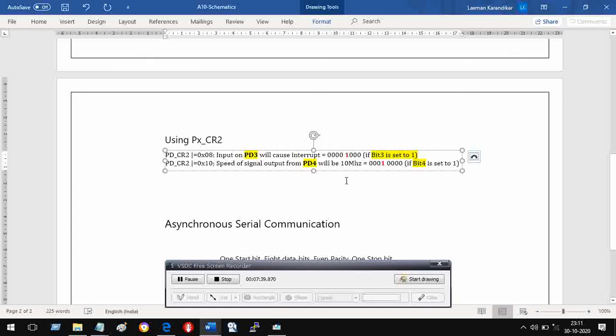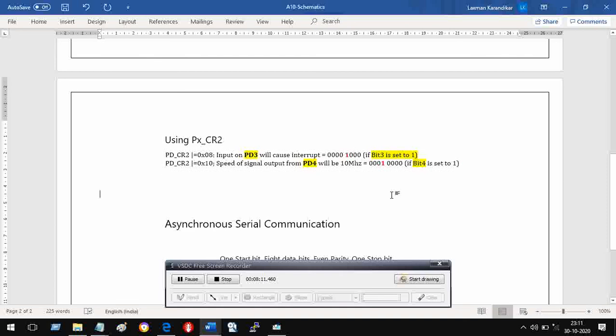For this reason, if you are not really interested in a high-speed signal on a pin, then you need not go for 10 megahertz. You should go for 2 megahertz, by which expedient you are going to save energy. That is the reason. To save energy, clear this bit, that is, make it 0. And if your application demands higher frequency operation, then you set it to 1, and you pay for it in the sense that you will consume more power. So that is the role of register CR2. On the input side, it offers interrupt. On the output side, it offers higher speed of operation.